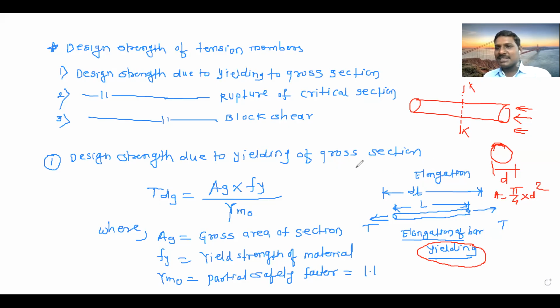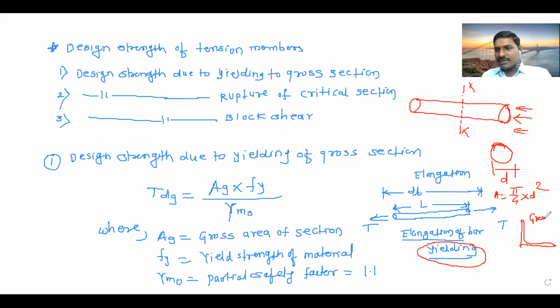Gross is nothing but again the same. Only we can see the front face without cutting the section. Gross area जो available section आहे त्या available section चा,